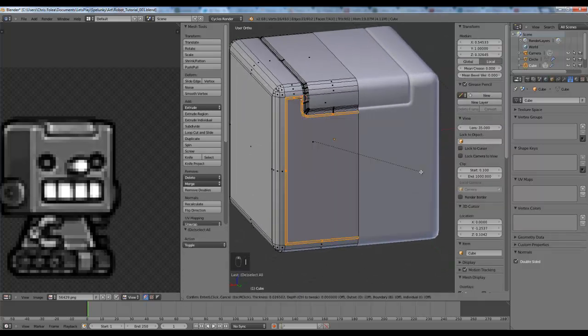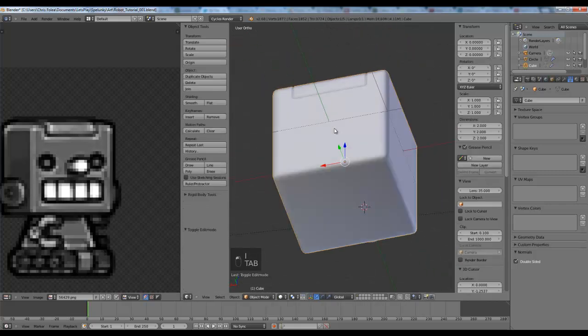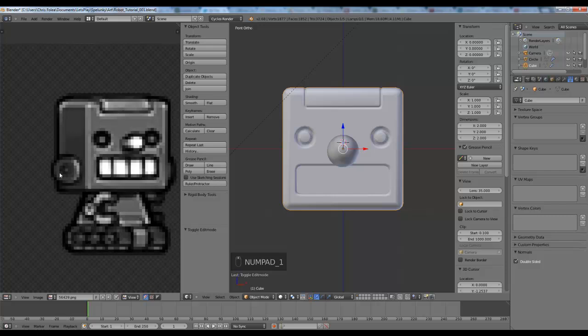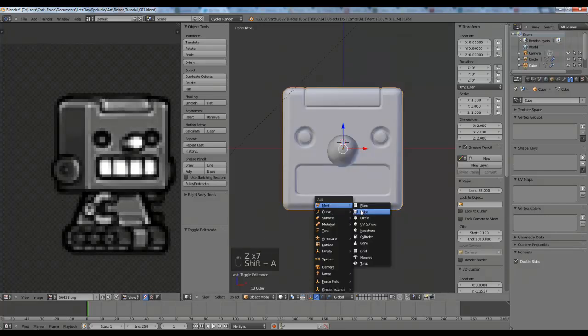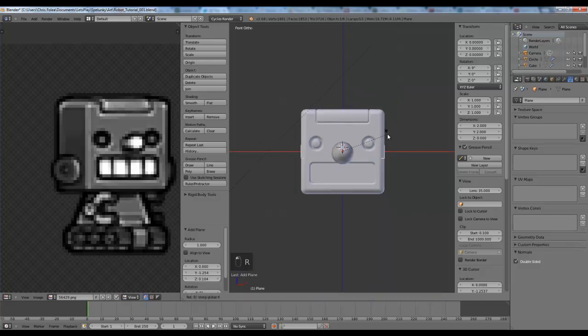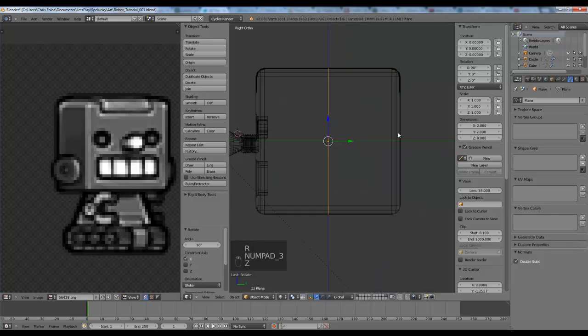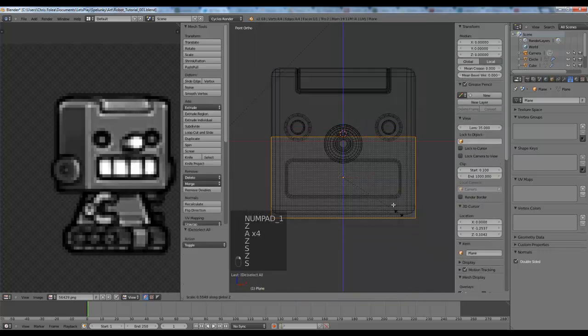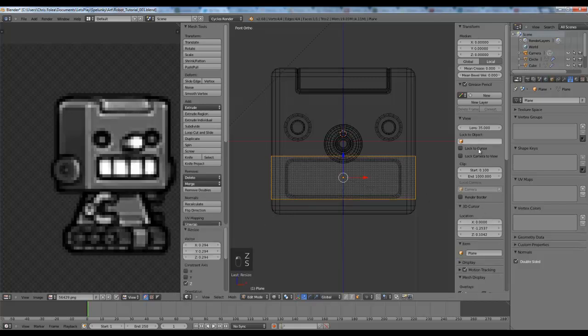And this is just one face. And that fixes our fancy little issues. Great. So to do the teeth, we're going to use a separate object, a plane to be exact. We're going to put it at 0, 0, 0, rotate it X on the 90 degrees, and then move it forward like so. And we're going to scale it down in edit mode so the scaling doesn't get messed up